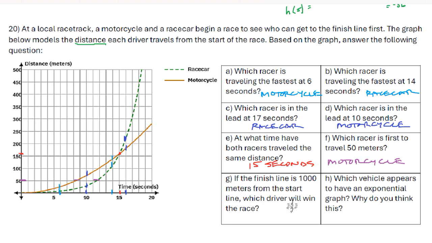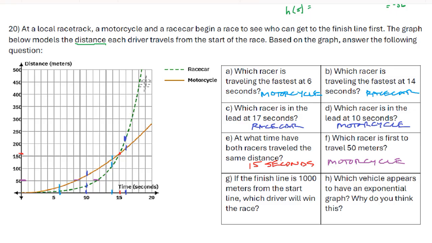Next one. If the finish line is 1,000 meters from the start, so thinking about this, class, we've only gone 50 meters on our graph. We're going to go really, really farther, like twice as far up on our graph, way at the top. Which driver will win the race? Well, if you look at this, at about 17 or 18 seconds,